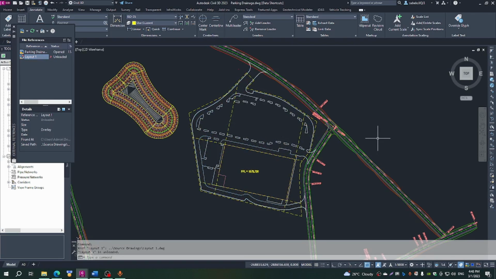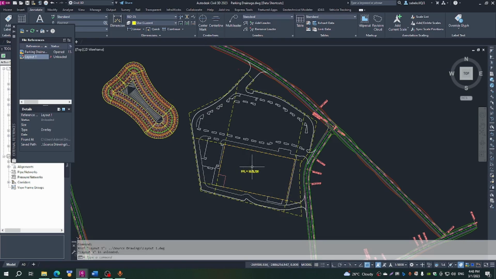Okay, so we just remove that just so that we have a bit of clarity. And what we are left with now is the parking islands and also the building, where the building is going to be